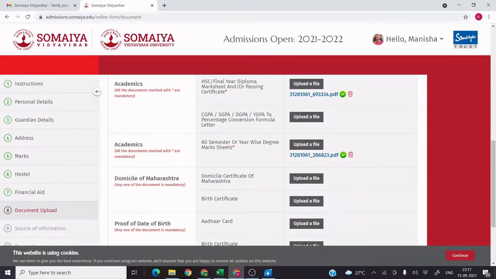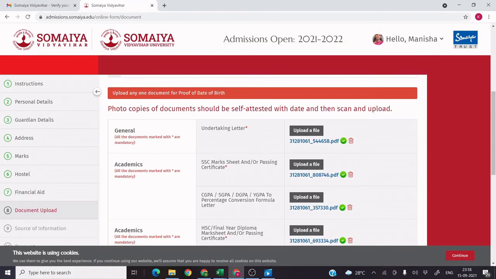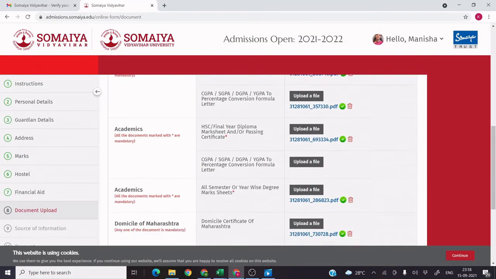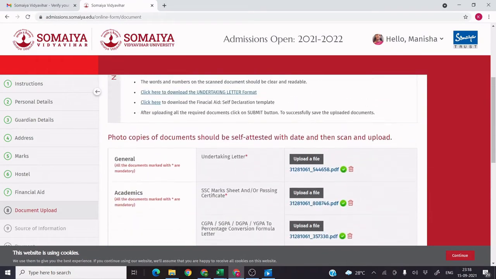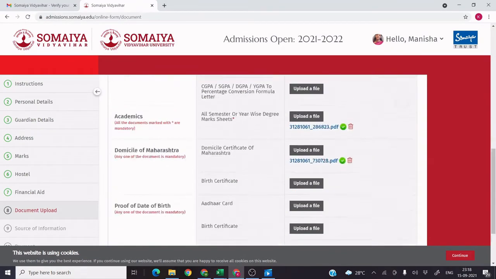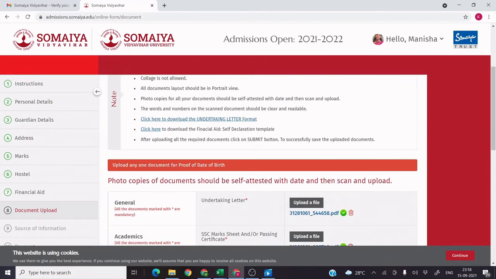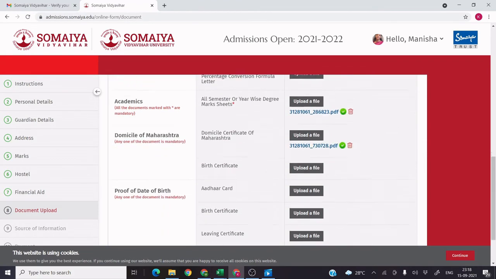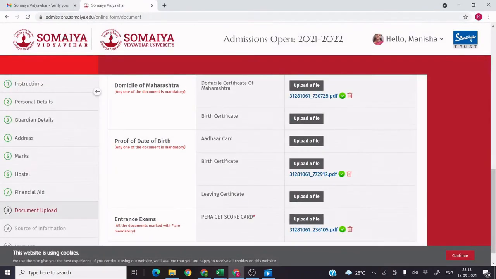If you make a mistake, it will be very difficult to solve. So be careful while you are uploading. If you make a mistake, don't worry, you can get this icon of the delete button. You click there and re-upload. Then click on save and continue. I got this message that your document proof is not uploaded, so I deleted it and re-uploaded again, which is mentioned over there. You have to make it compulsory.